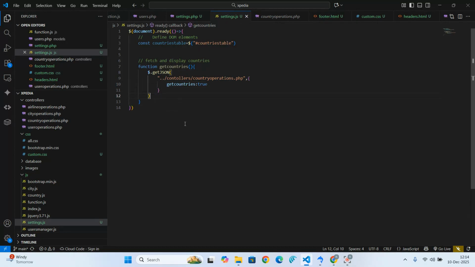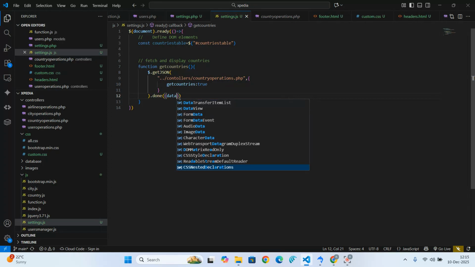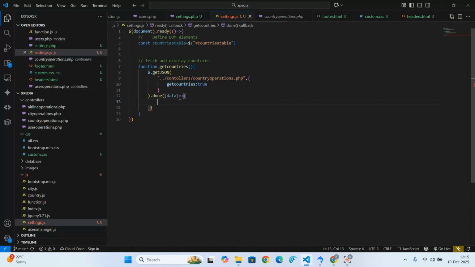So what will happen is there are two outcomes on this get JSON. It can be successful or it can fail. So usually when you just put it here directly as maybe say function data, it means that you're going to be dealing with only when it is successful. So this is allowed. You can pass the third parameter here, and this is allowed. But because I also want to listen to failure, instead of doing that, I'm going to come here and say when it is done, then get the data that has been returned, then do the following. And when it fails,